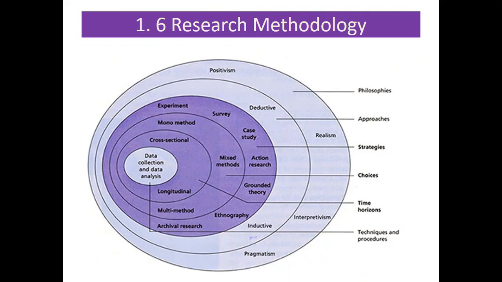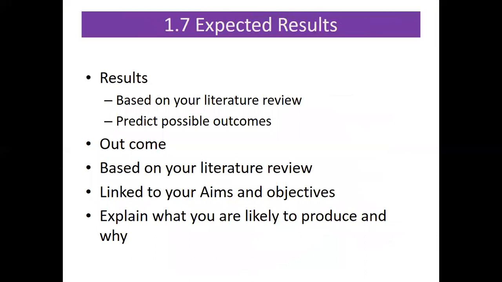Remember that we said research has to be systematic. So you start by knowing what your philosophy is, or your approach, your strategy, the choices that you will make, whether it's mixed method, multi method or mono method, whether the time horizon is going to be a cross-sectional study or a longitudinal study, and then the kind of data you're going to collect and the tools you're going to use to collect those data. All of that falls under methodology, and we will be looking at each of those specifically later.